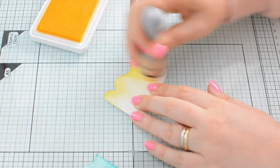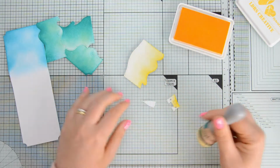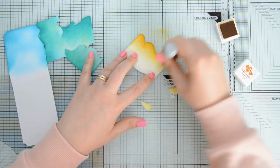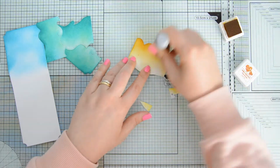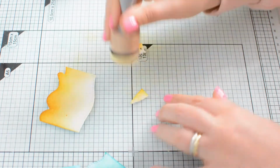I started with Banana Cream Pie, which is a very bright yellow, so at this point the choice might look a little bit questionable. But to tone down my bright yellow, I went in with LDRS Creative in the color Iced Tea. This is a nice and warm brown, which toned down my bright base color and also added a little bit of shading. And I feel that the combination of these 2 inks was just the right color for